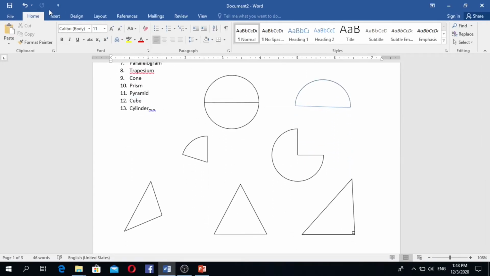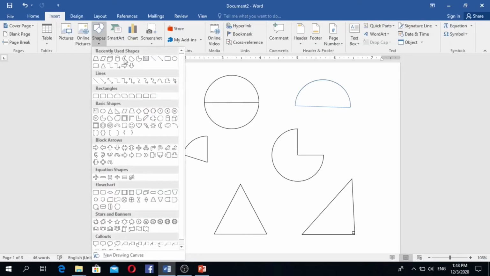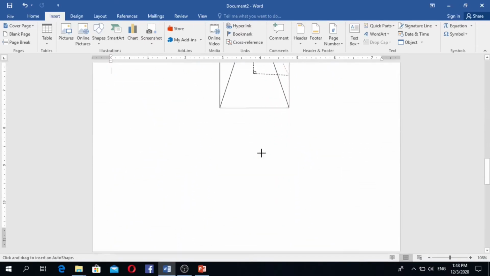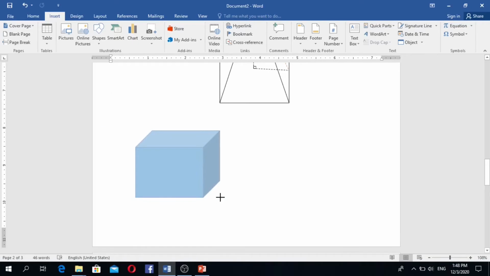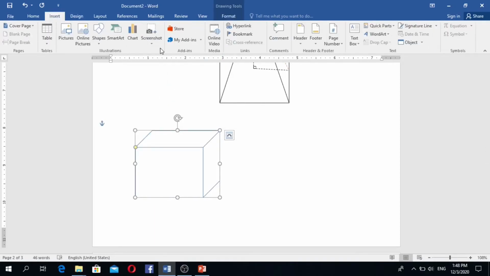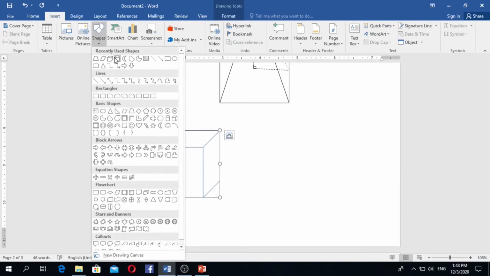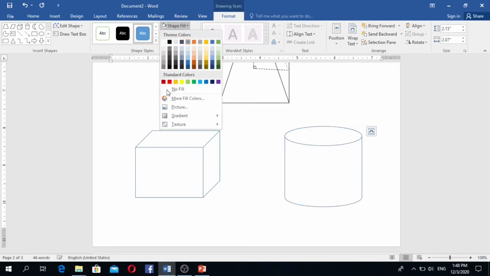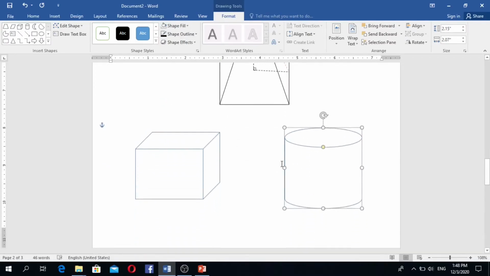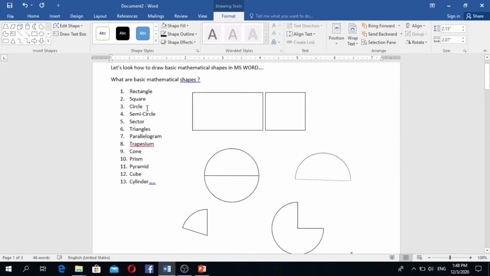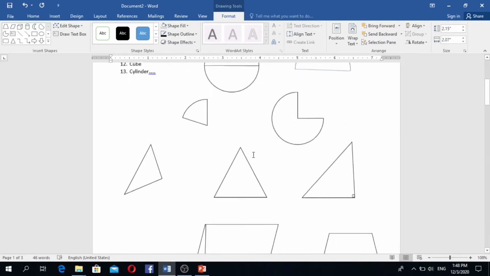Then cube, cylinder is very easy. Insert, there is a tool here, cube, and you can change properties. Okay, then cylinder, and those are the basic mathematical shapes. We draw these 13 shapes,